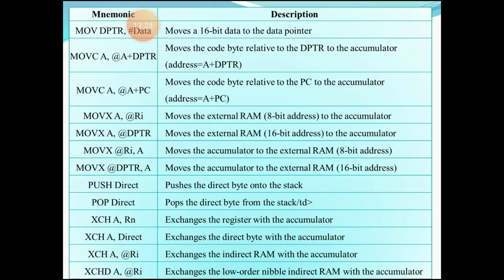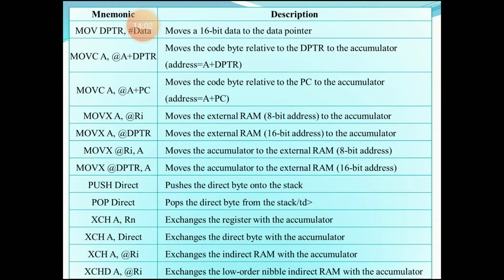So these are some of the instructions. These instructions can access the data from external memory, or external program memory, or code memory. MOVC represents copying the code or data from the external program memory. MOVX represents copying or transferring data to the external memory, or from external memory to the accumulator. The default register for external memory access is only the accumulator. To transfer data from the accumulator to the external memory, or from external memory to the accumulator, we use the MOVX instruction or the MOVC instruction.